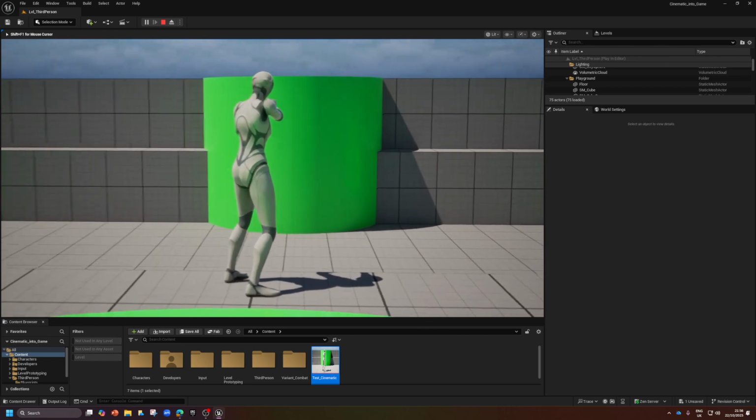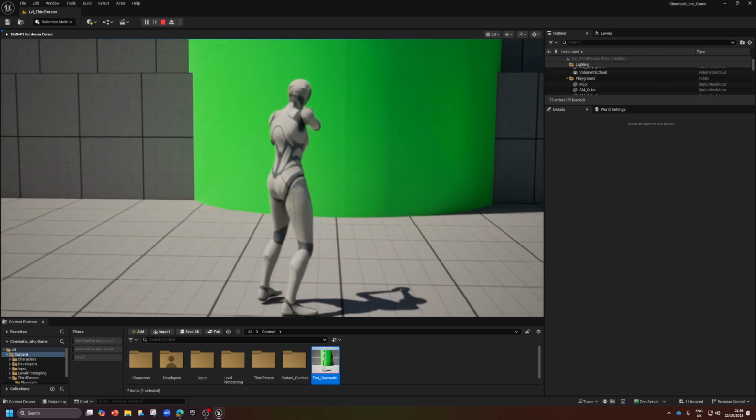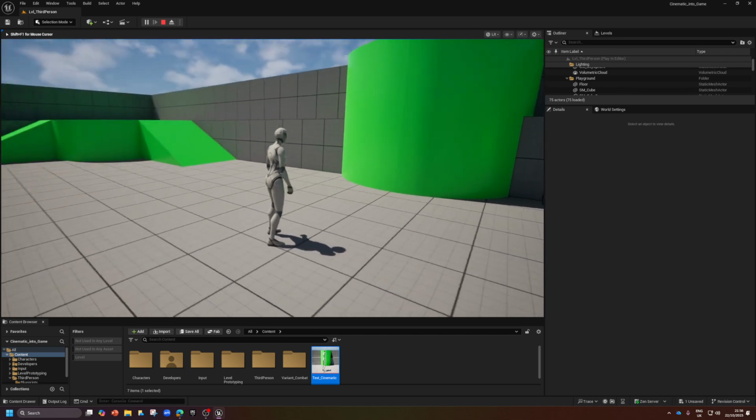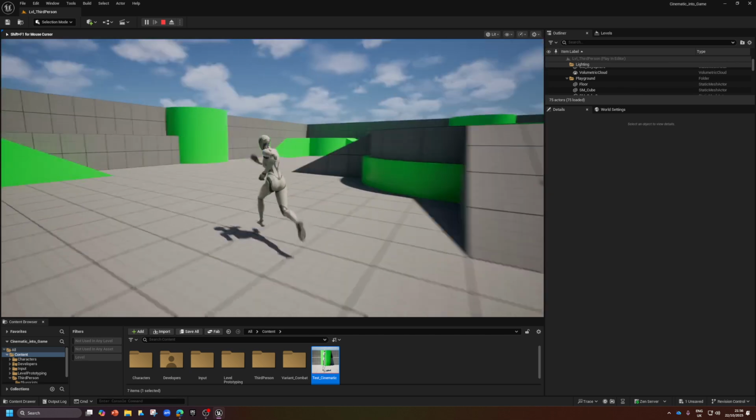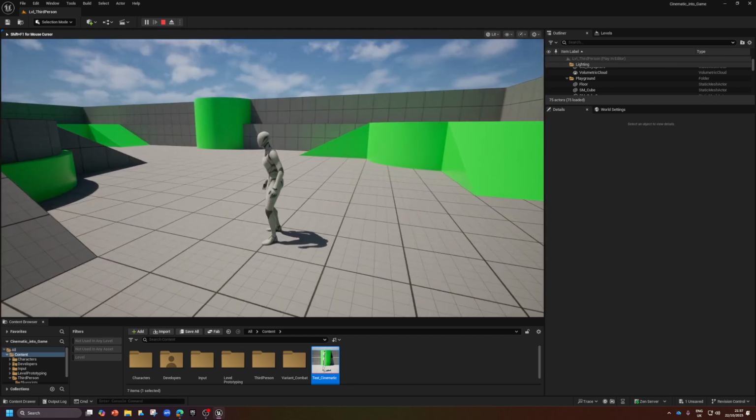There we go. Yeah, definitely not winning any BAFTAs with this, but transitioning in and out pretty nice. Yeah. I'll leave it